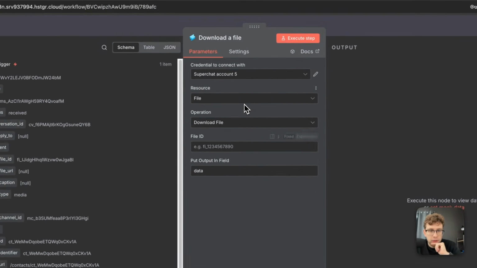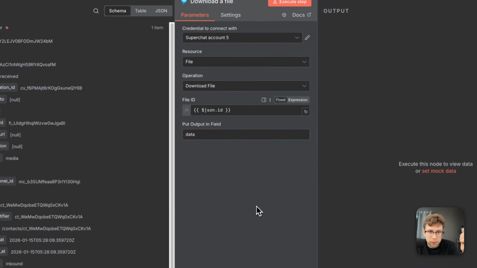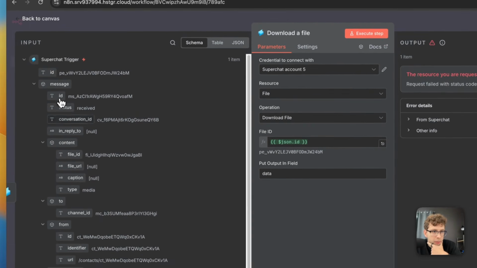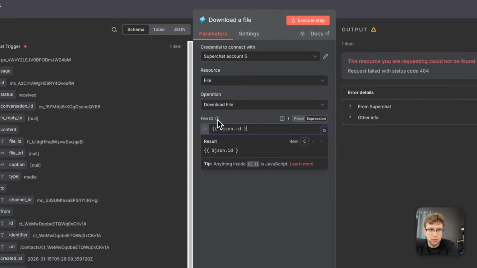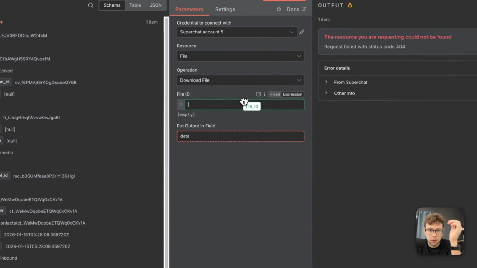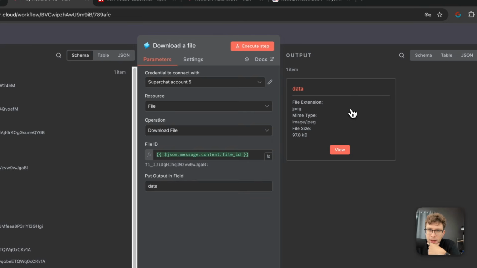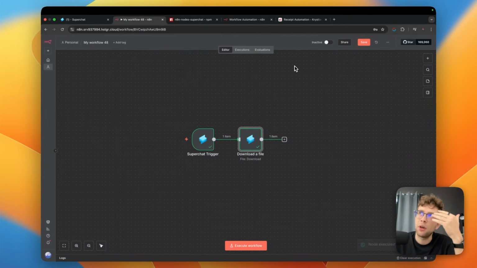Okay, let's go ahead and we provide the file ID, which is gonna be this one. We click execute step. All right, the message ID. Oh, we've got the file ID, my bad. Let's just delete it. All right, so we pick file ID, let's click execute step, and the file is uploaded. And then right away, because we need to somehow just store this document and give it later to AI,